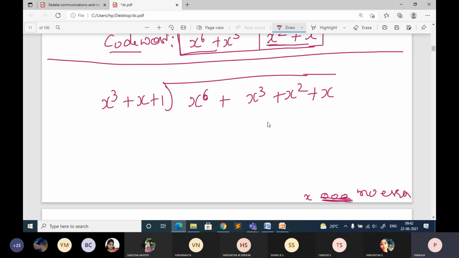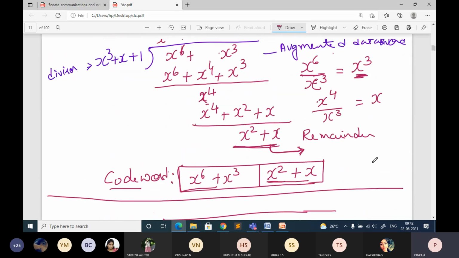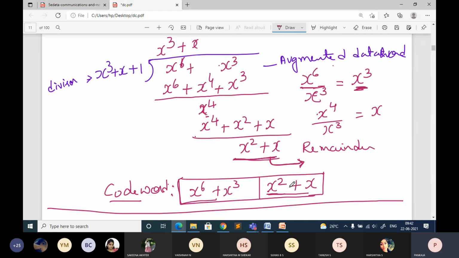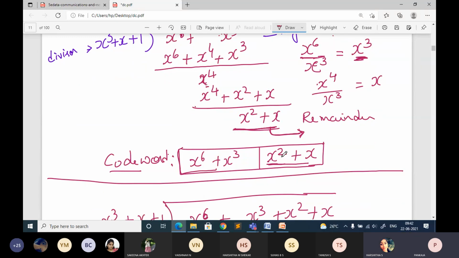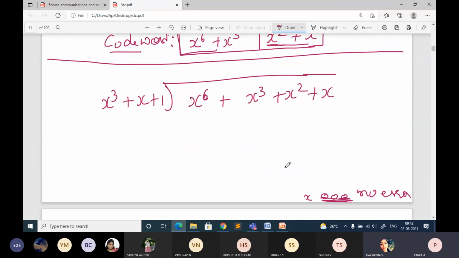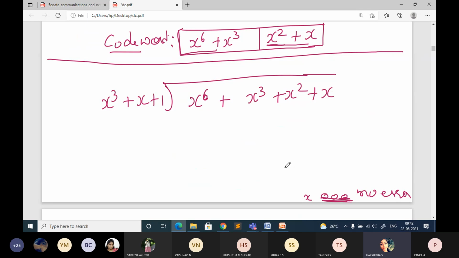Okay, you just try this later. I will leave this part to you people. At the receiver side, how to check is the same procedure. The only thing is, here I am directly adding this. We get remainder as 0, ma'am. Yes. We'll get remainder as 0 and quotient is x cube plus x. Okay, you already solved. Yes, ma'am. Okay, fine, good.